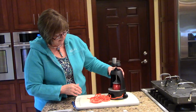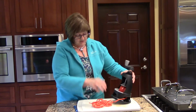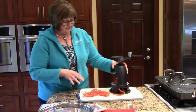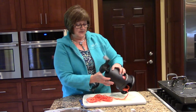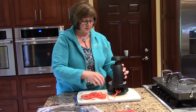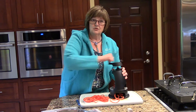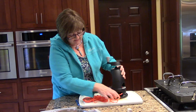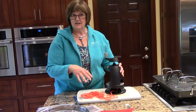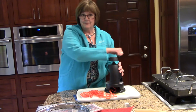So again, it works kind of like a pencil sharpener. So what you're going to be doing is turning from the top. Now you might see spiralizers out there that work on the sideways basis. So think about, like, a sweet potato is a really firm vegetable, and you do give a little pressure to it when you're pushing down. This pepper is really easy. Cucumbers, zucchini, they're pretty easy, but when you get the firmer vegetables, you're going to be happy that you're pushing down